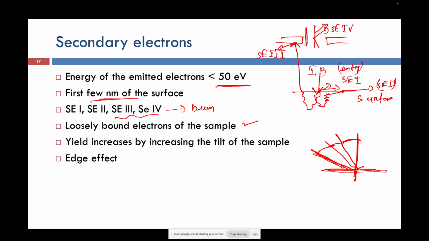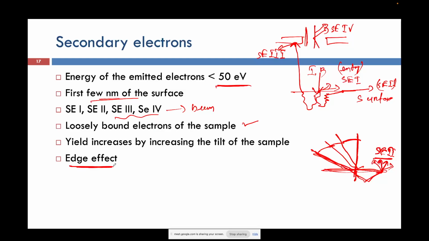Why will this happen? Because the beam will interact at a lesser penetration depth, and then at the point of exit secondary electron 2 are produced in large numbers. We always prefer to have many more secondary electron 2. So tilting either the sample or the beam, either is favorable, and they come out generally due to